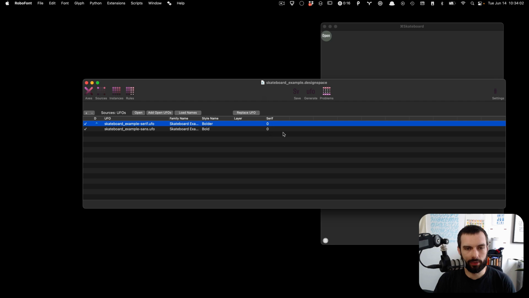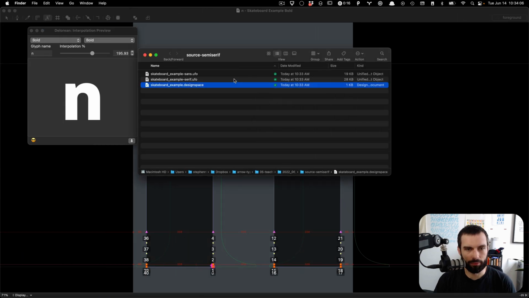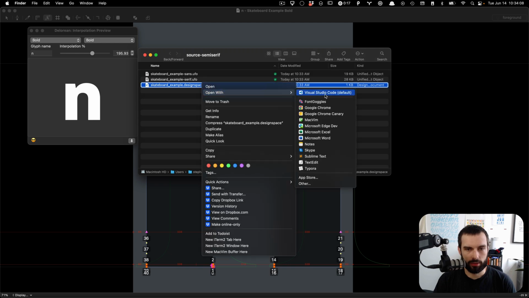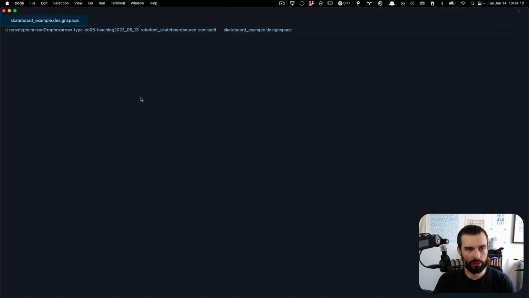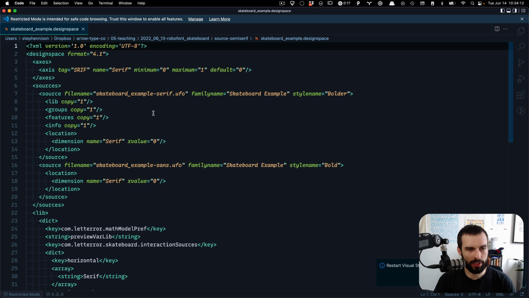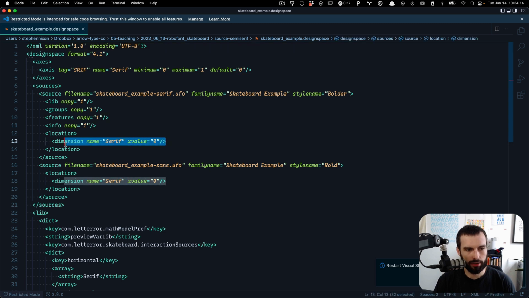Oh, here's what it is. All right. I should have been able to see that right off the bat. Let's open this with the US code as well, so we see it in two ways. Here's the thing I forgot to set: it's the dimension. They're both the same. So you can't interpolate between 0 and 0. So the serif one should have a value that is maximum, and